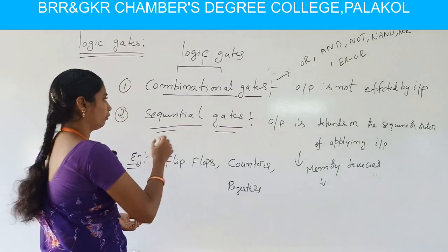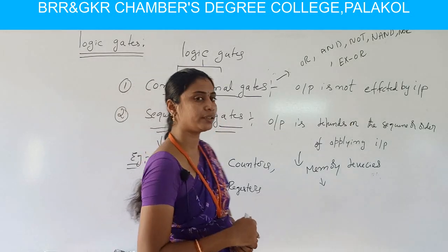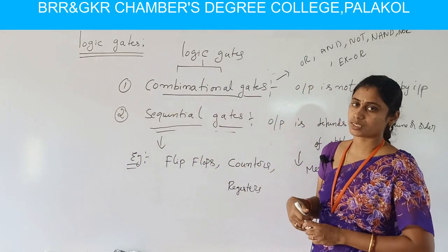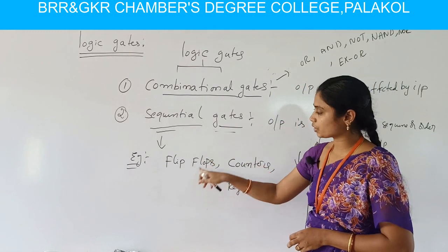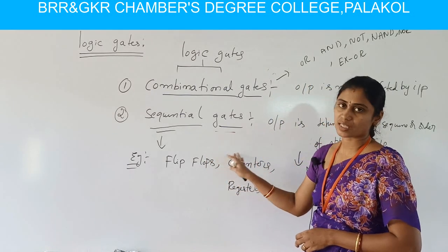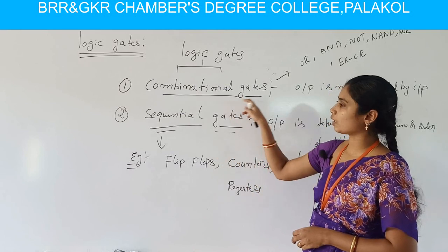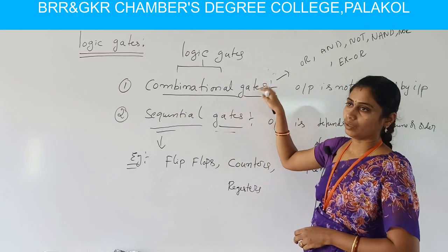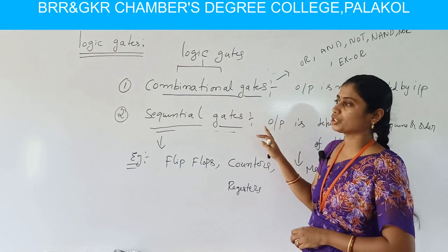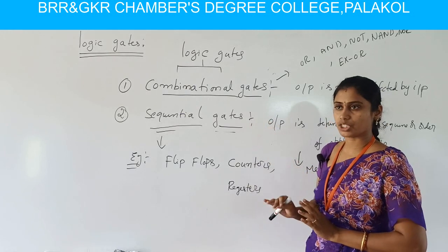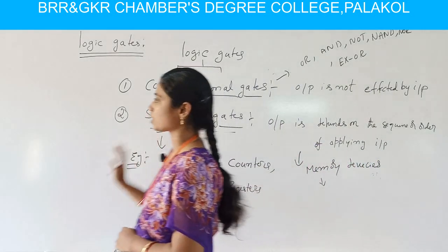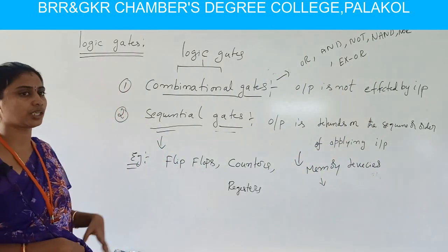Here we study only these combinational gates in this semester. We will study the sequential gates in our next semester, which is the 6th semester. In the 6th semester we study flip-flops, counters and also registers. These act as memory storage devices. Combinational circuits do whatever operation we give on the input and just give the output. But in sequential gates, the previous input present in the device is stored as memory. These are the basic differences between combinational circuits and sequential circuits.